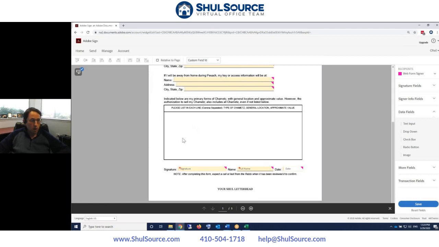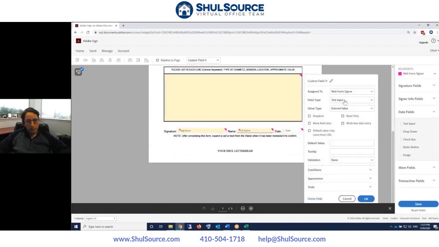Now, when it comes to the larger areas that I had mentioned before where grids would not work and we needed to create a blank space, this is where you're creating a manual field. You're going to grab the text input by clicking in, dragging it over, and placing it somewhere in the space. It's going to load up as just a small field. You can use this little stretch area to make it fill out the entire field, and then you've got that covered as well. Now, an important step here is that you want to go back in. Text input is what we had selected, but this sounds like a critical piece of information that should definitely be required. And you must check this multi-line area,